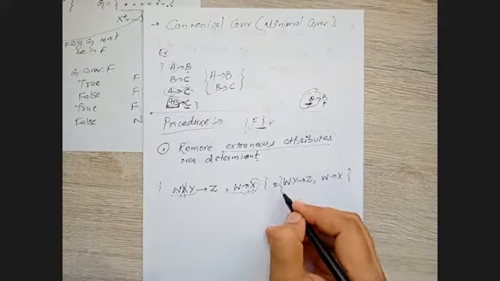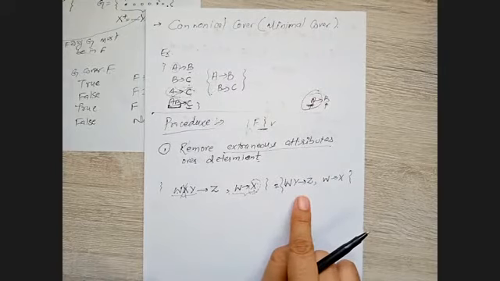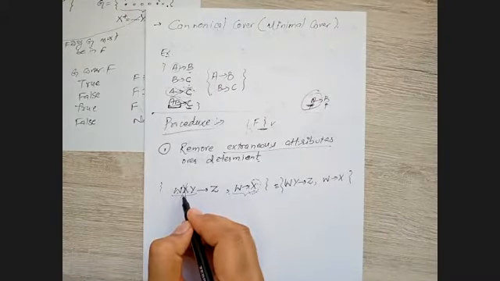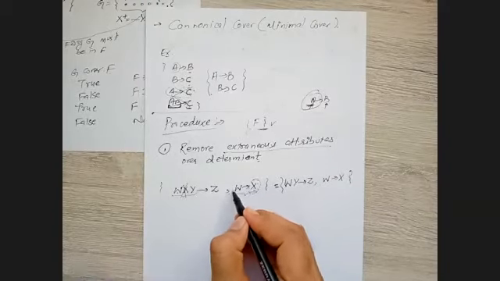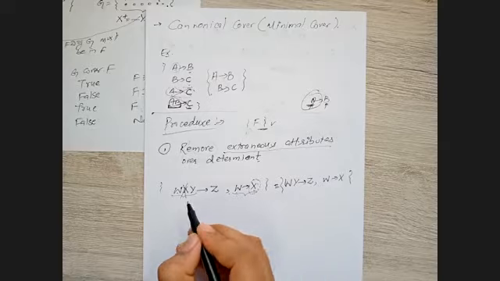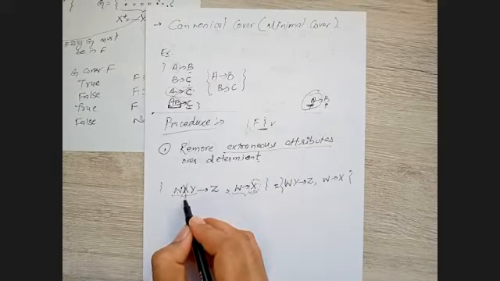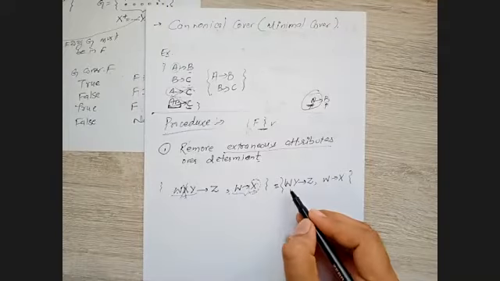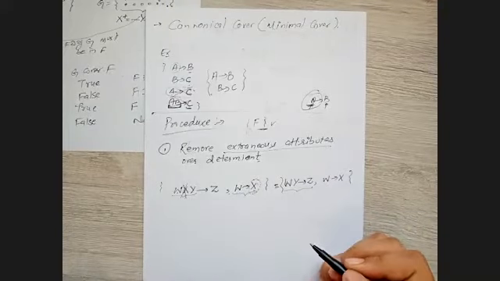Now see, logically, this thing is true. Why? Because whatever you are determining, you are already including that. That doesn't make any sense. If you are determining this using a different attribute, then why are you including it over here? So that's why we have removed the extraneous attribute from this one, and we have written this one here.